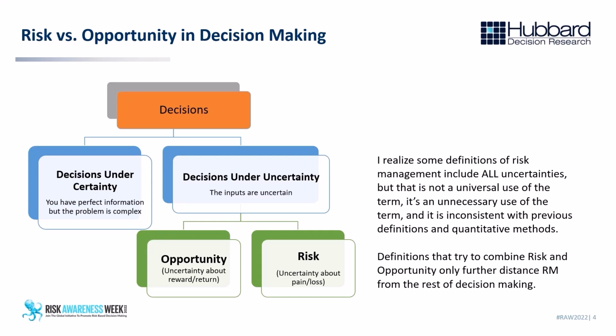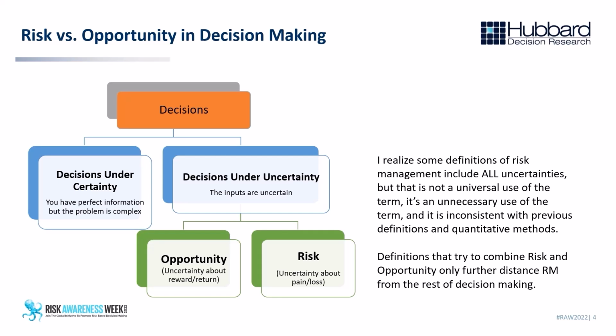So risk and opportunity are just part of decisions under uncertainty. Those are part of decisions. The other part of decisions being decisions where there's perfect information. That actually is a whole category of decision making. It's not one we're going to tend to focus on. It tends not to be a realistic representation of a lot of practical business decisions. You can have